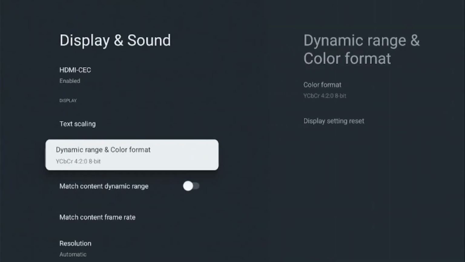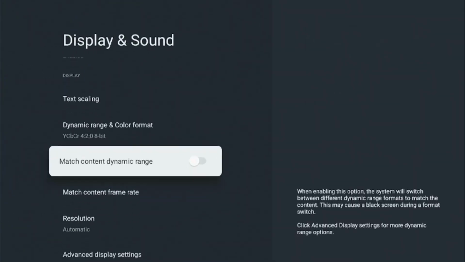So now that you've seen that, you want to match content dynamic range. Content now is being produced with a lot of dynamic range, very high quality images. Not having those in your video playback is going to be a massive loss. So click on match content dynamic range, but be mindful that this will turn the screen black whenever it's switching, as you just saw. So if you do not want that, you could just turn it off